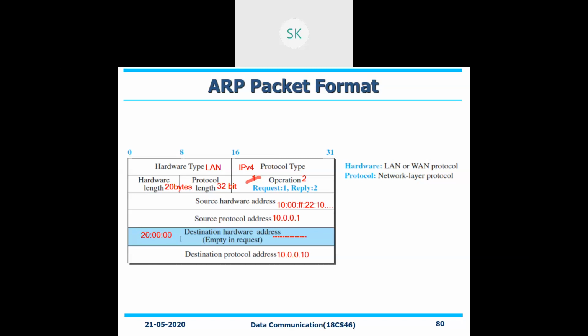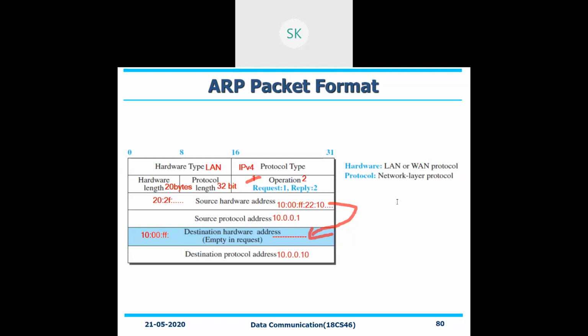Once it is replying, the destination here will be 10.00.ff, because it knows which address it has been coming from, whatever has been given in the above one, right? So this will be your destination address for your reply. This will be copied here. Source is nothing but which one has responded. It may have 20 byte length, so you can address it up to that.